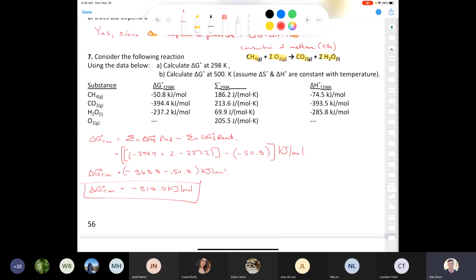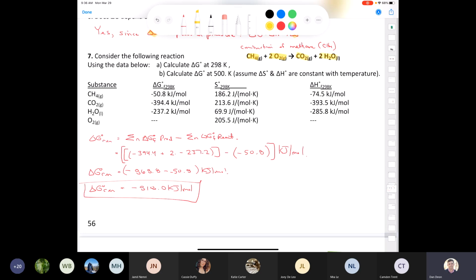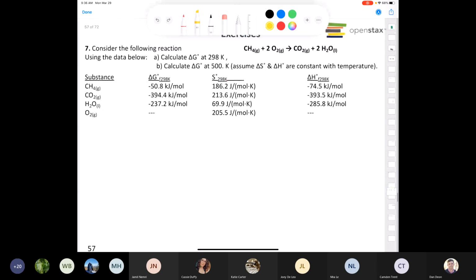Next, it asks us to calculate the delta G at 500 Kelvin. Now, 500 Kelvin is not the standard state, is it? Because if you look at our appendix, you're going to find the standard free energy of formation of compounds at 298 Kelvin. We've discussed that, but hold on. We know that if we want to calculate the delta G at 500 Kelvin, for part B, our delta G for our reaction is going to be equal to the delta H minus T